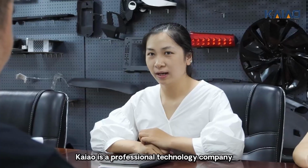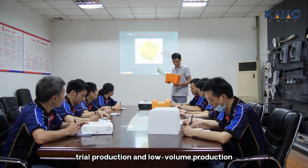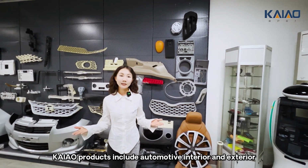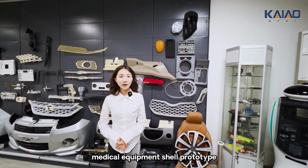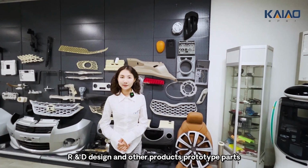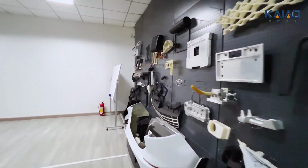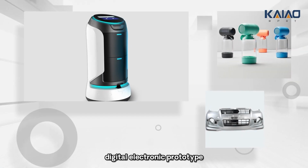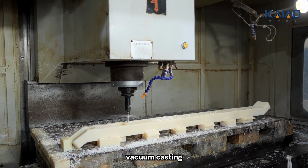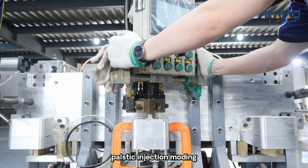KAIAO is a professional technology company that provides customers with new product design phase verification, trade production, and low-volume production of plastic parts. KAIAO products include automotive interior and exterior, medical equipment shell prototype, robot shell prototype, R&D design, and other products prototype parts. Digital electronic prototype. Our processes are CNC machining, vacuum casting, RIM reaction injection molding, 3D printing, plastic injection molding, sheet